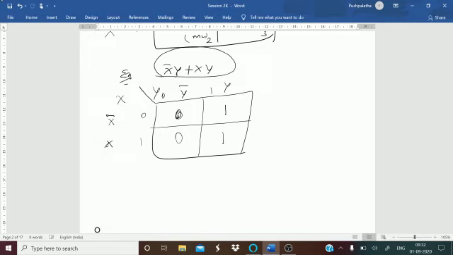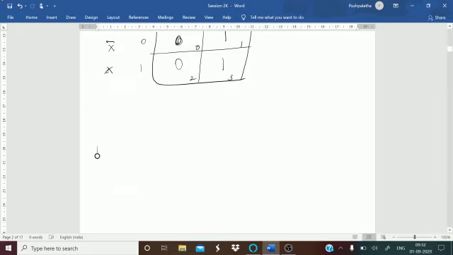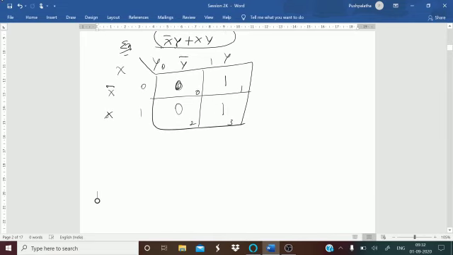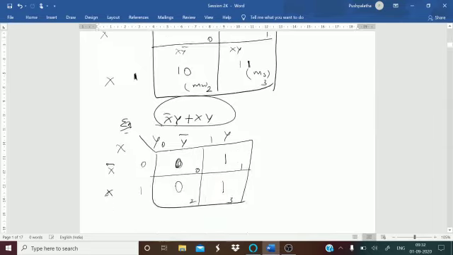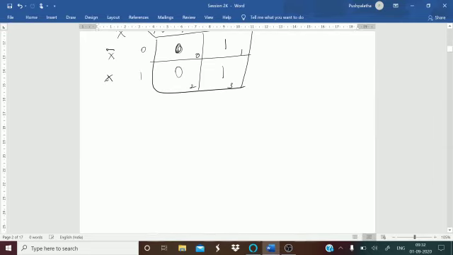Even if you do not mention these zeros also, it doesn't matter. This is your 0, 1, 2, 3 boxes. Okay, this is how you are going to represent using K-maps. This is for your 2 variable K-map. And let us just mention the rules also that we are supposed to use for the simplification. In the same way, we will be using it for 3 variables and 4 variables also. Let us just have a glance for this method for your 3 variables. Okay, 3 variable K-map.